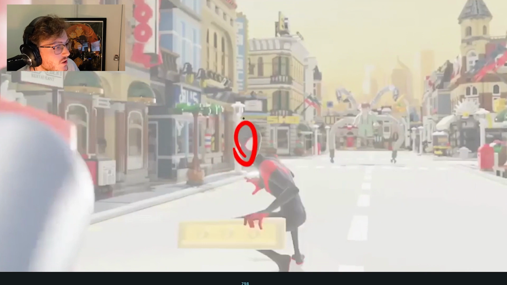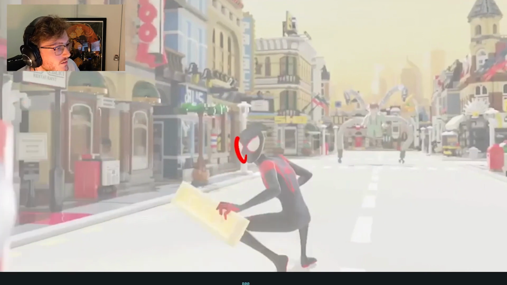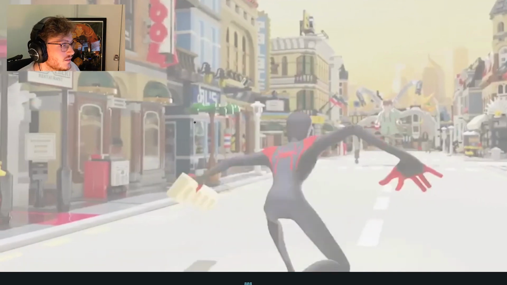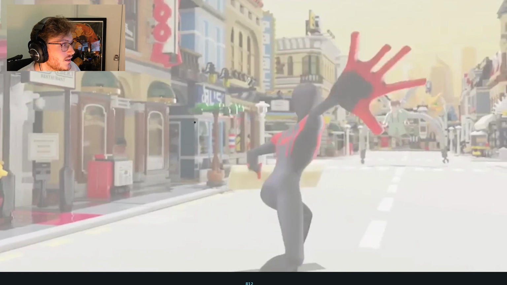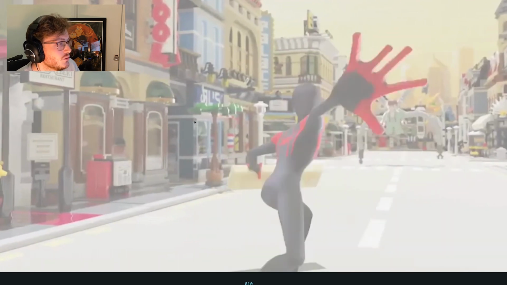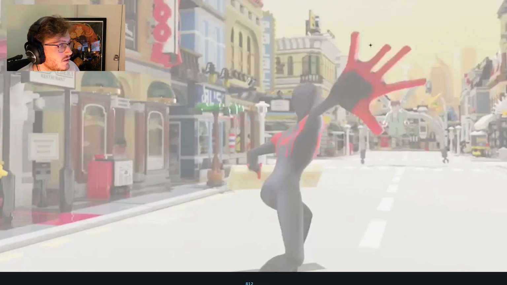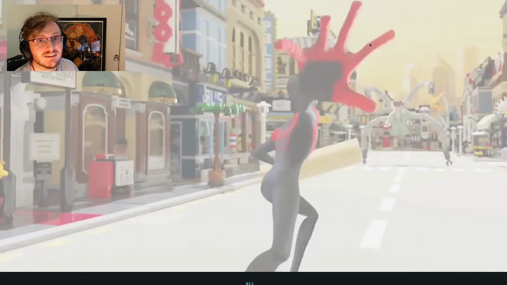The head does feel a bit too isolated for me here. It feels like it's disconnected from the body, so I would have had that turn ever so slightly just to have that connection. And then again, he's playing with foreshortening here, so you can see how this hand gets bigger. Would have been nice if there was a bit more thickness to the forearm getting thinner, but I mean, there's certain rig limitations.